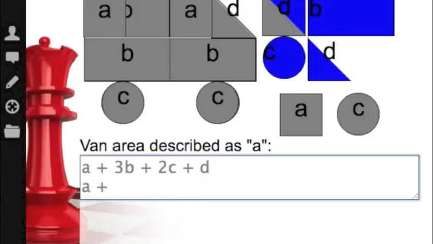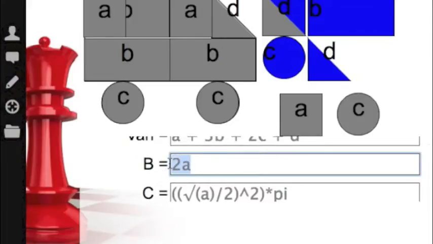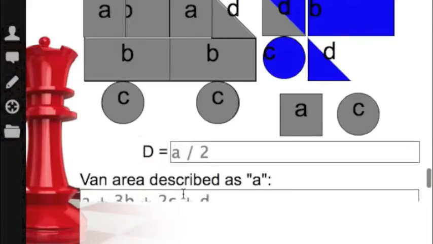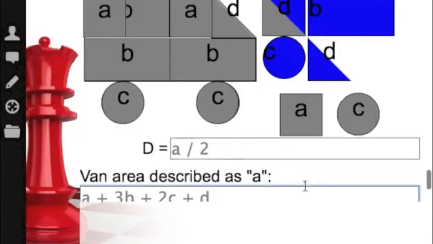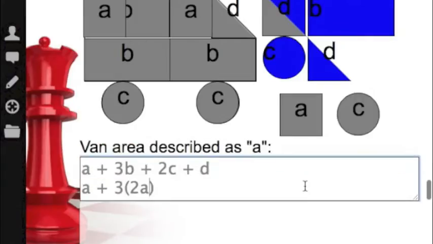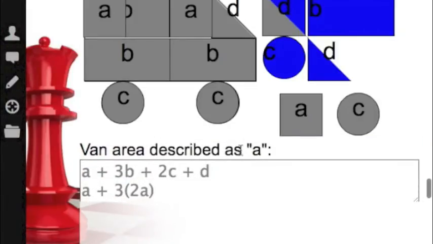We have 3 B components, so we write 3, and then inside a set of brackets, we simply place what we've written as A here. So that's going to be 2A. We have 2 C components. So we take this and we insert here,